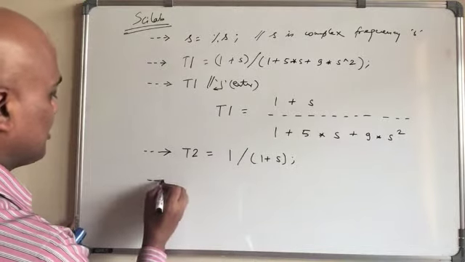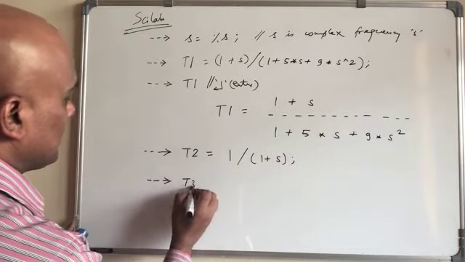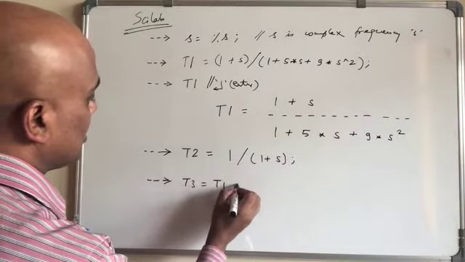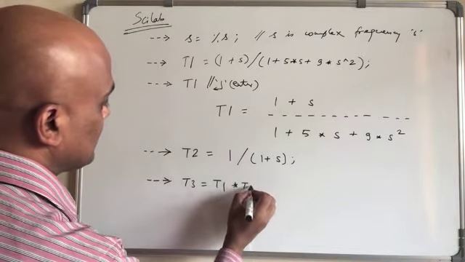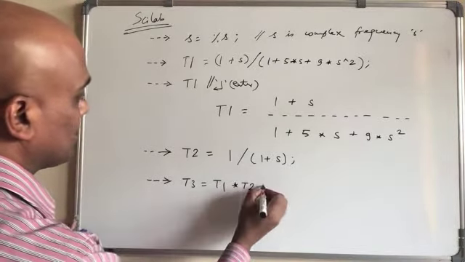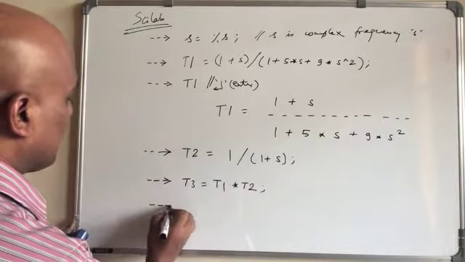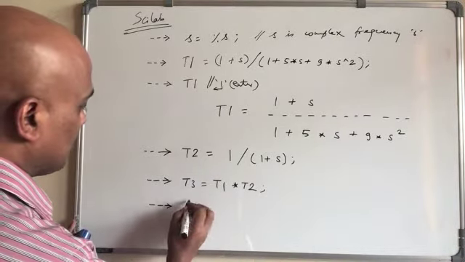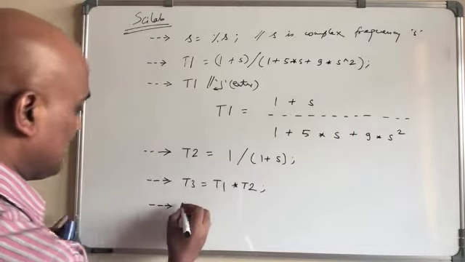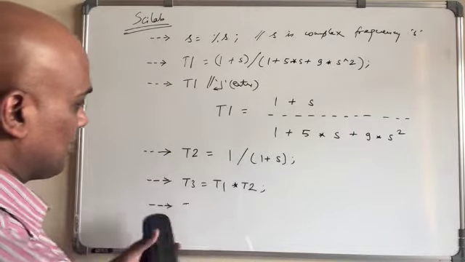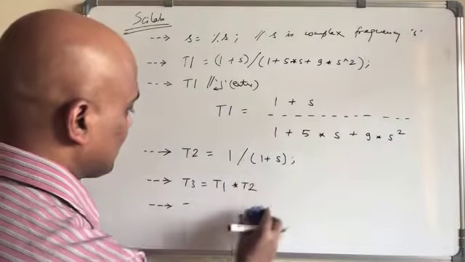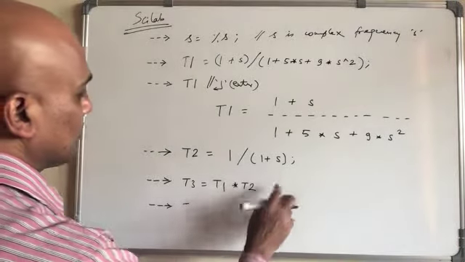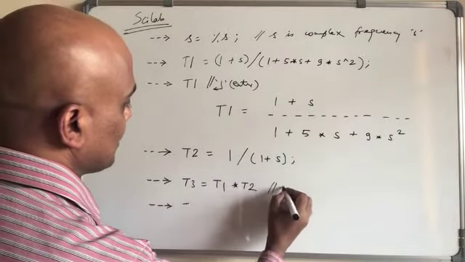You can also do T3 is equal to T1 multiplied by T2, and then you can have T3, or if you write like this one and then enter,